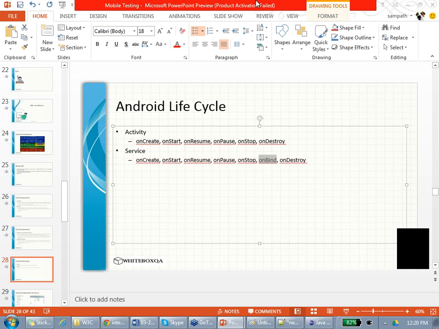Agree? If you are a white box tester, remember, you don't have to use the Android phone itself. Directly test that code. That code is the Android activity. If that code is wrong, everything is wrong. Am I right? But you are not a white box tester, right? So that is the reason. Okay. All right. Let's move forward.